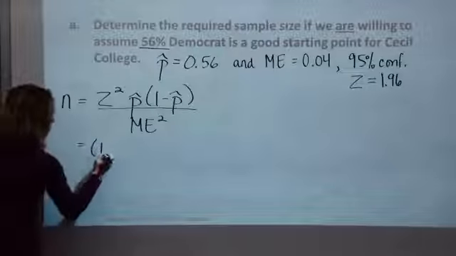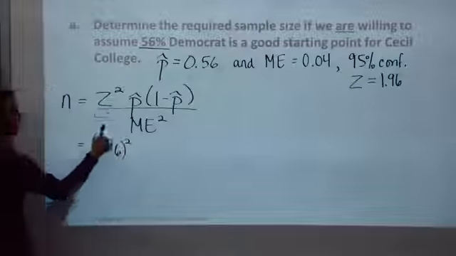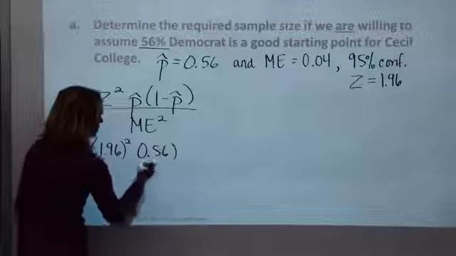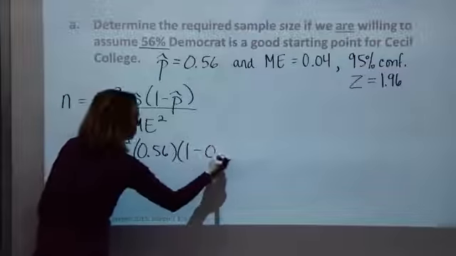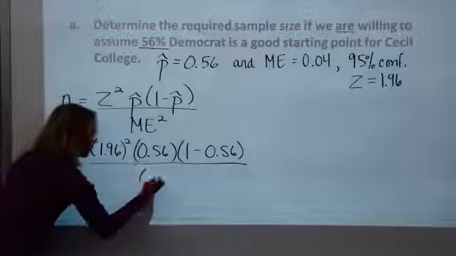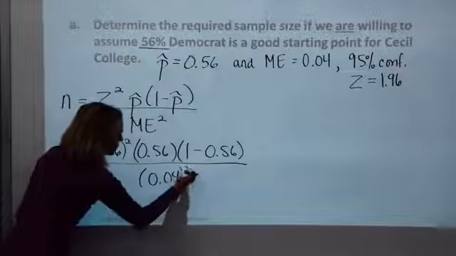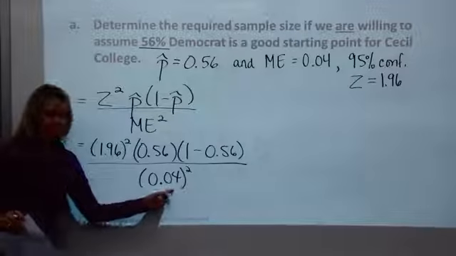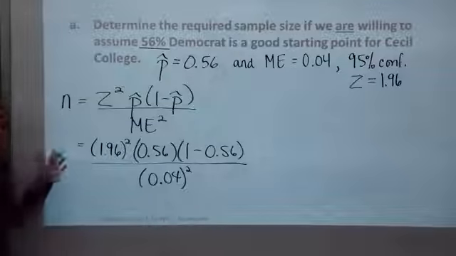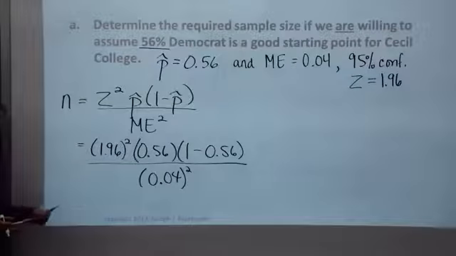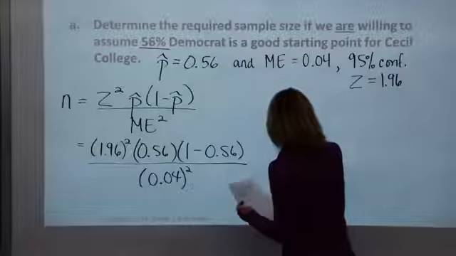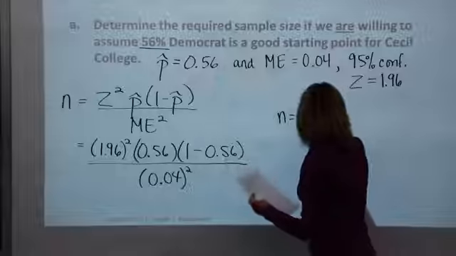So our z-score was 1.96. That's going to get squared. We're going to use this educated guess from the state of Maryland of 0.56. And then we'll take 1 minus 0.56 and divide by a margin of error of 0.04. That gets squared. Make sure you've converted that to a decimal. If you put a 4 down there, you'll typically get very strange answers for your sample size. So plug this in your calculator, and we get that n is about